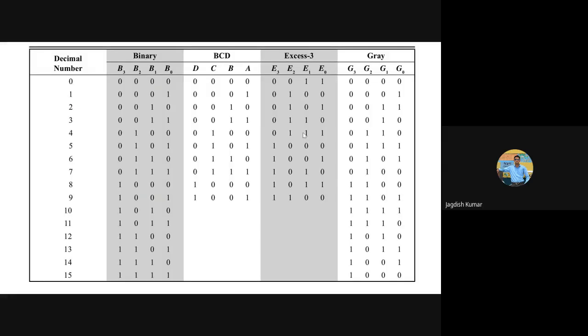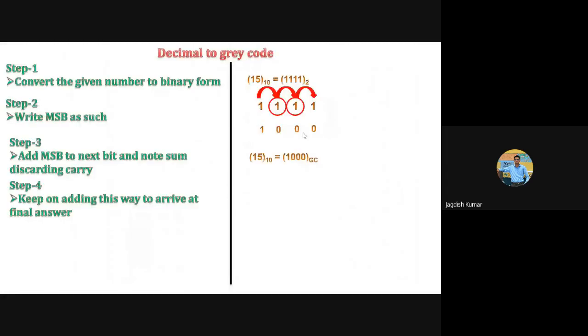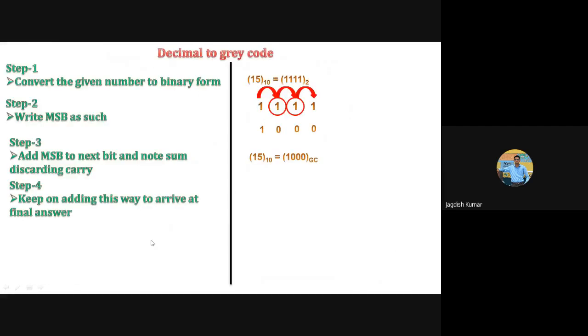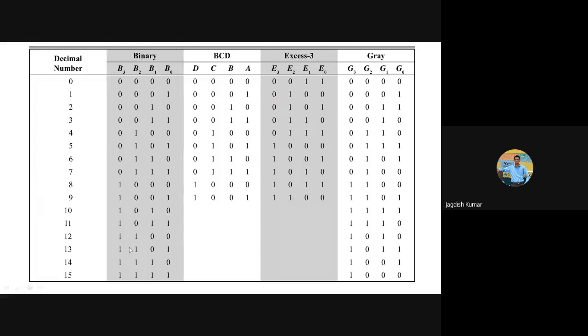Well, let us see if we got the number correctly. So now this was your table which we were discussing. In gray code, what is 15? 15 is equal to 1000. So that's correctly done. You can try any number now, at least from this table. Maybe you can take 12 and use its binary form. This is the binary form already available. Now don't directly compare this. You apply the method discussed here to obtain the gray code equivalent of this number, 1100.